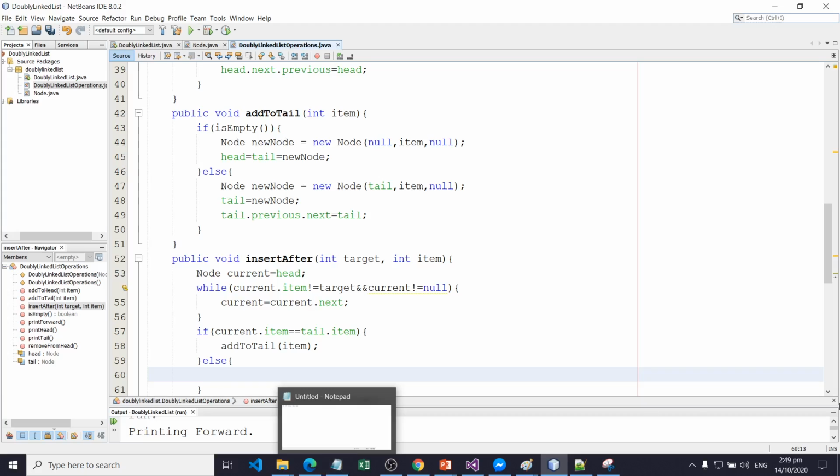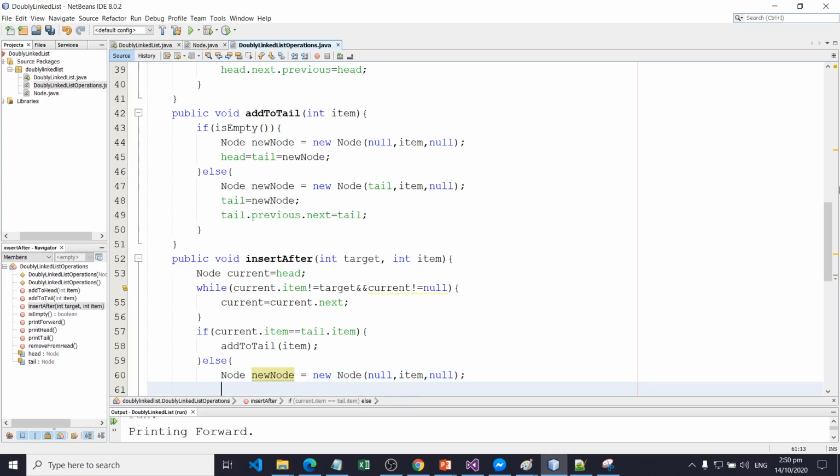Else, we need to create a new node named new node with null, item, and null. So the previous and next reference variables are null.